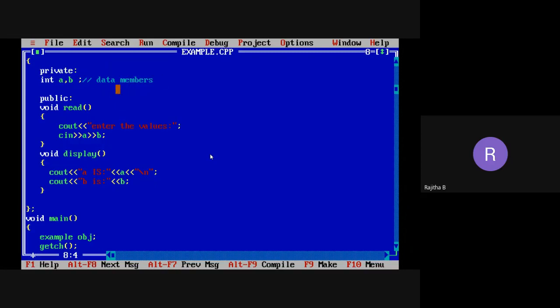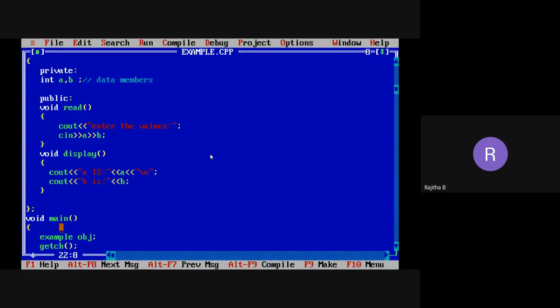We cannot access A and B outside the class, but we can access the read and display functions outside the class, means in the main function.